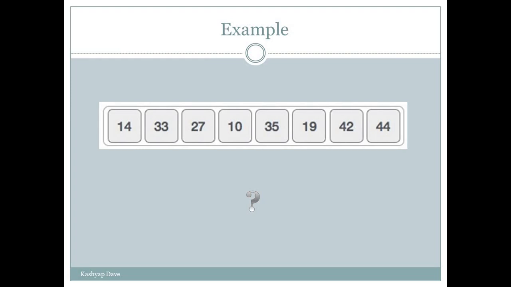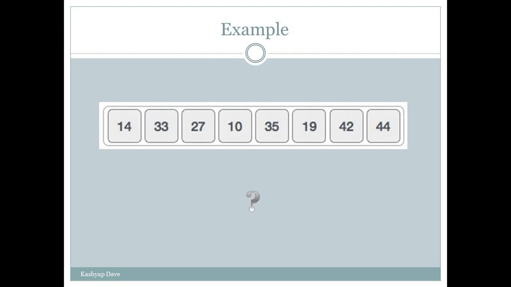For starting, we will consider this full array as an unsorted list. We have two parts, one is the sorted part and another is the unsorted part. So in the beginning we will take the full array as the unsorted part.